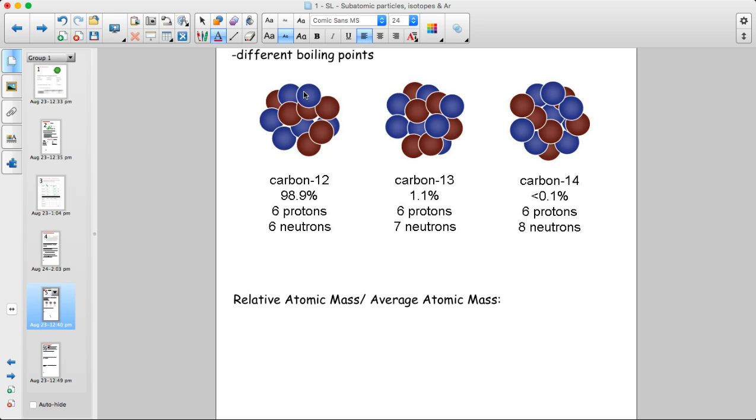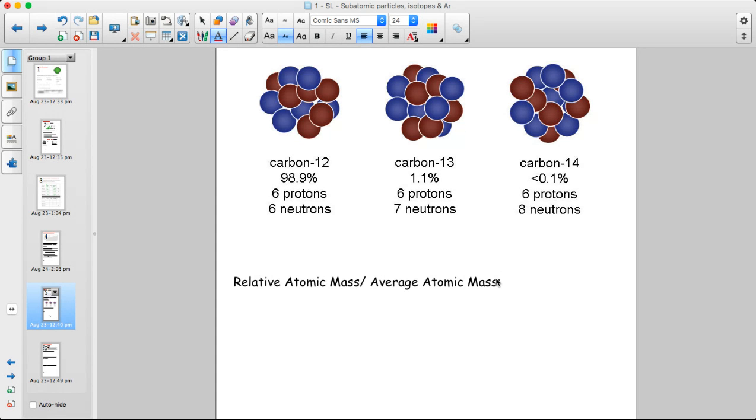This is showing the carbon nucleus, and you've got 6 and 6 protons and neutrons to add up to 12, the mass number. Carbon-13, 6 and 7, and carbon-14, 6 and 8. So they all have 6 protons, they all have 6 electrons, so their chemistry is the same, the way they react is the same, but they have a different number of neutrons, which gives them different mass numbers, different masses,